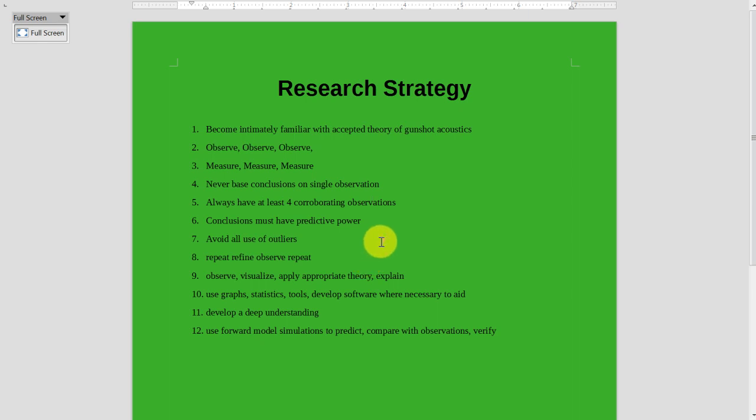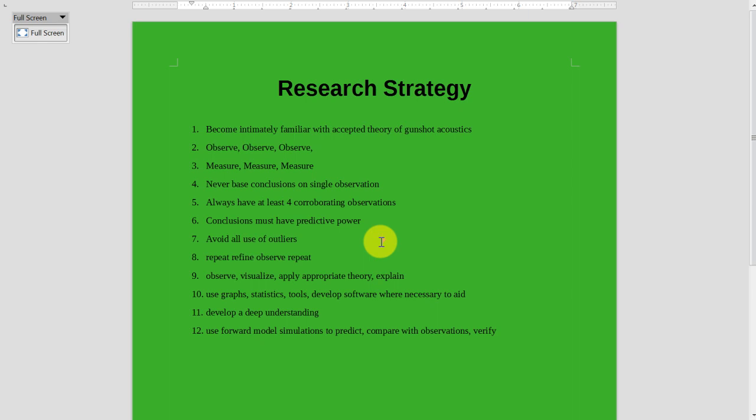I use lots of graphs, lots of statistics, lots of tools, and I've developed software tools using Python and all the ecosystem of libraries surrounding it to aid me in this process. I've collected tens of thousands of data points. I've collected hundreds of thousands of points which have been rejected as not